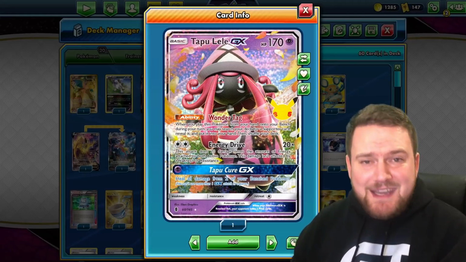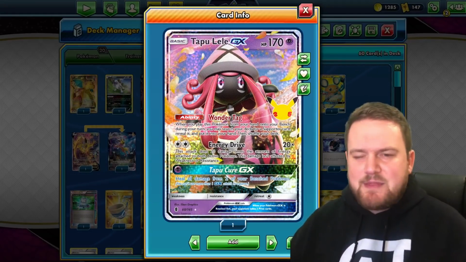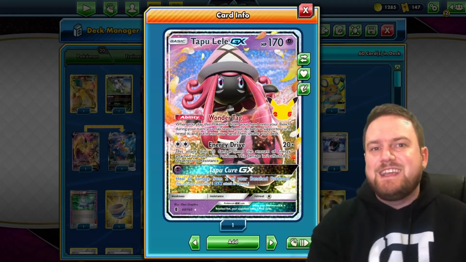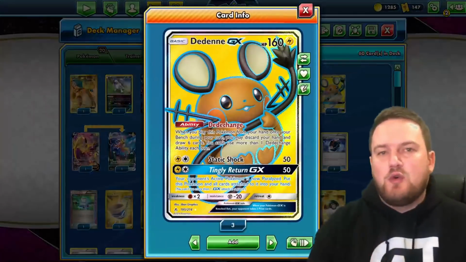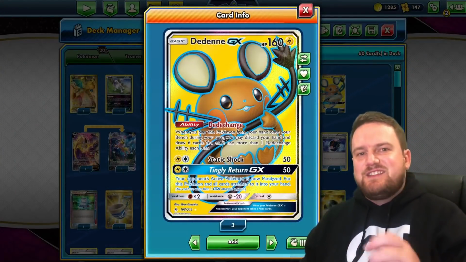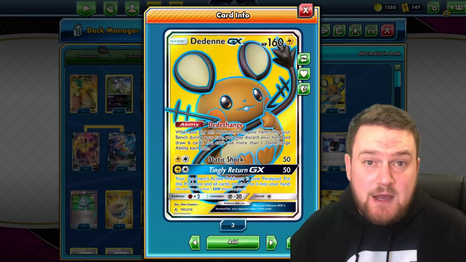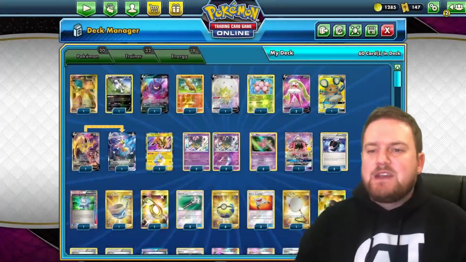or Lumineon? Lumion? I don't know what it's called. I can't remember how to pronounce that name, but it's a similar, if not exactly the same, ability that is very, very powerful, so we will be utilizing that card, and we'll also use Dedenne-GX to discard our hand and draw 6. Wow, so many powerful support Pokemon,